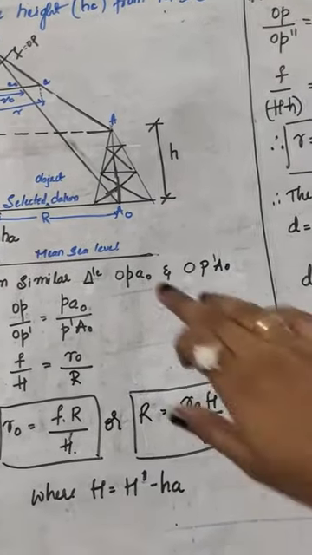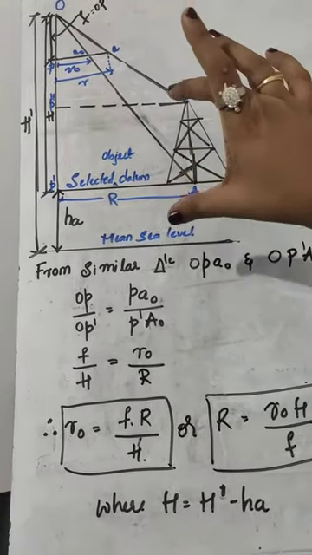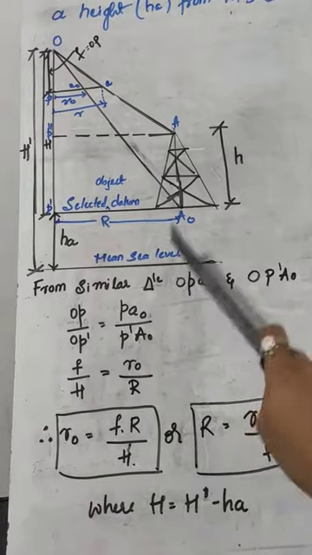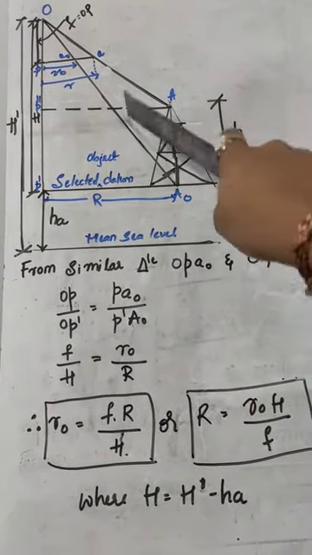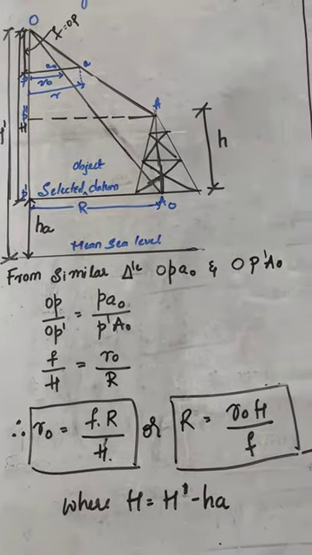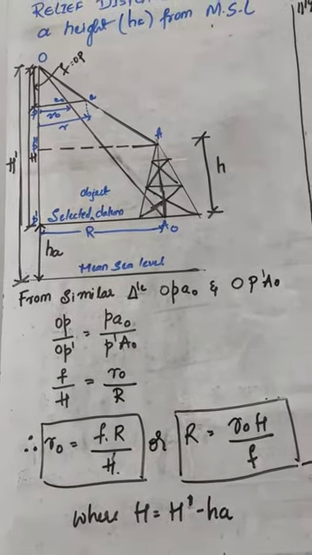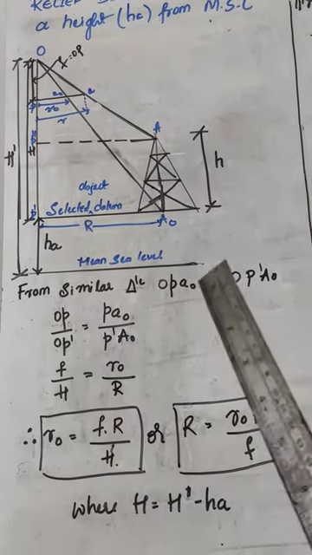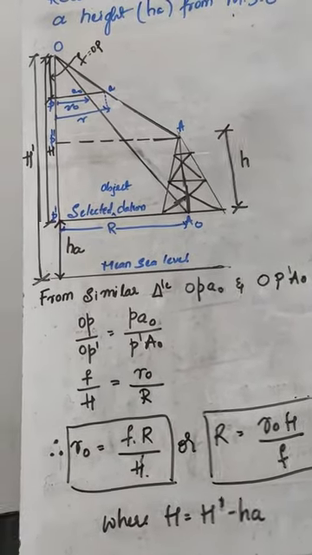That is, this is the actual datum and this is the selected datum for placing the object. This datum we have selected in order to keep our object. This explanation we need to write like the previous derivation itself. I have not written it here since I have explained it earlier, but I will explain the terms here, where